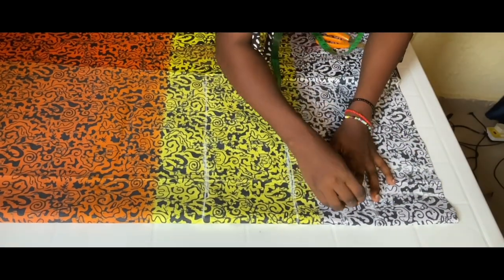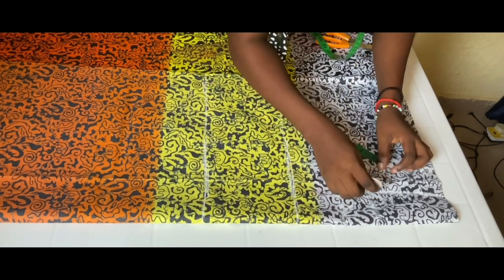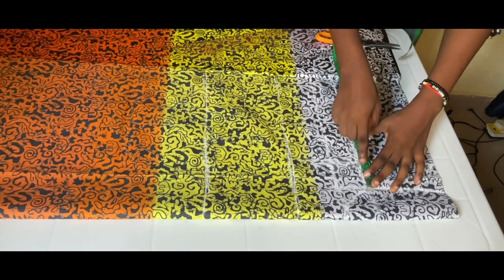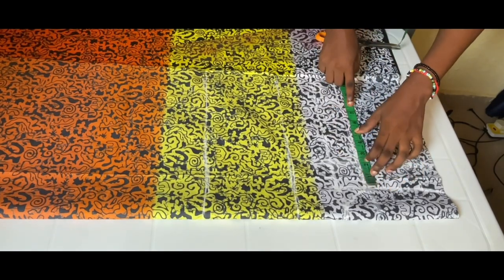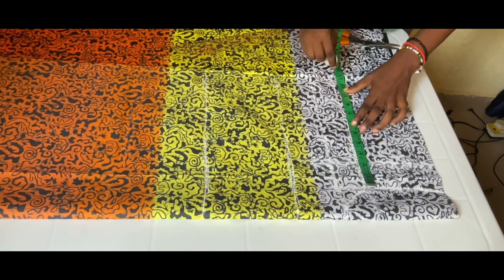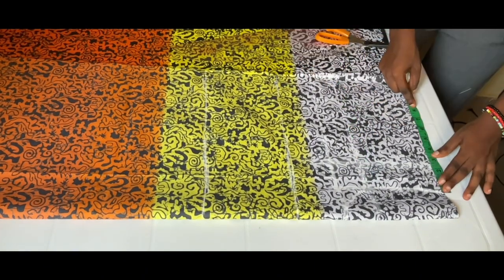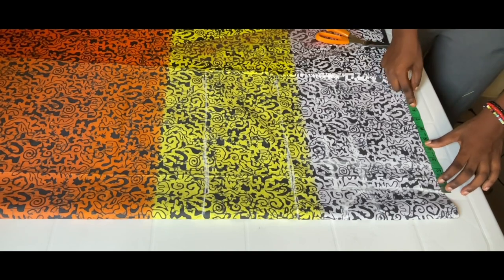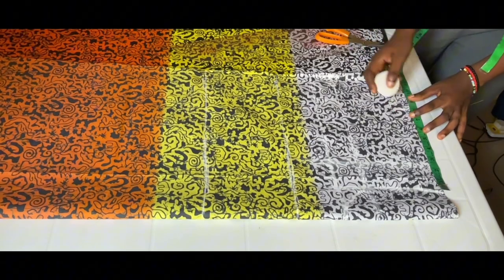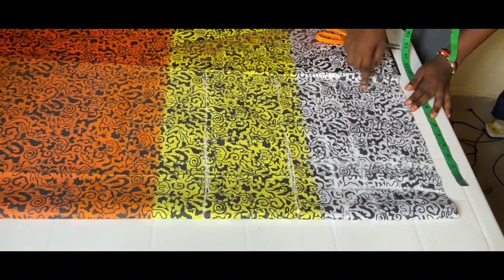Go inward with 1 inch like this to curve out the crotch extension. At the hips line, we go ahead and place our hips measurement. The hips measurement divided by 4 is 10. We'll be adding 1 inch seam allowance. Directly here, we go ahead and take the lower waist measurement. The lower waist measurement divided by 4 is 8, and we'll add 1 inch seam allowance. So we connect this to the hips line,